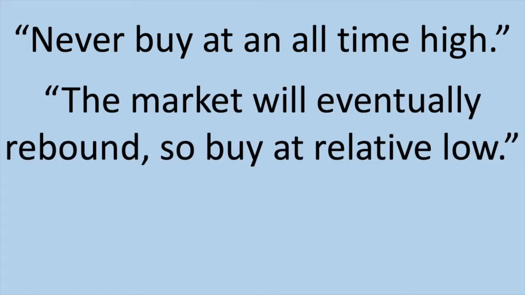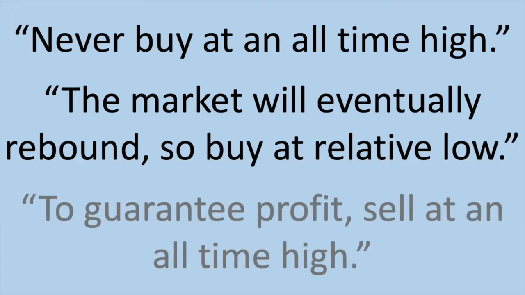But all 6 of them are going to follow this rule. They will not buy at an all-time high. All 6 will also follow this statement. They will buy at relative lows, but at varying extremes. But just 3 of the 6 will follow this final rule. So 3 are going to have a buy and hold type mentality, while the other 3 will aim to lock in profits by selling at an all-time high.